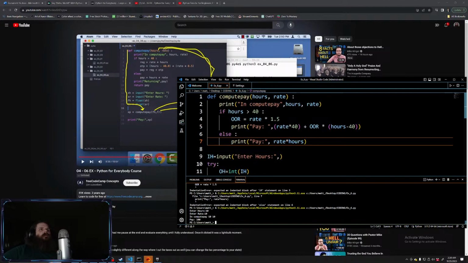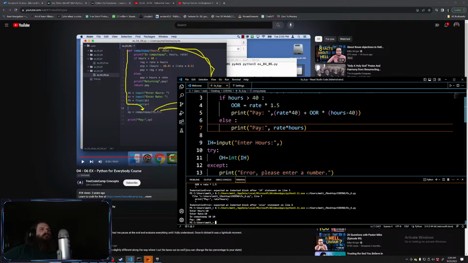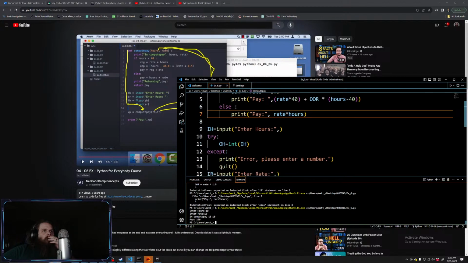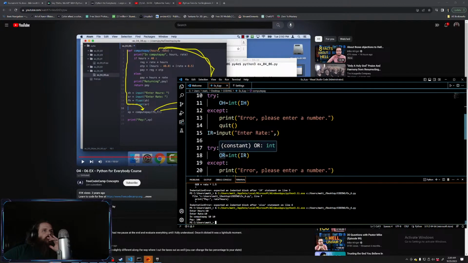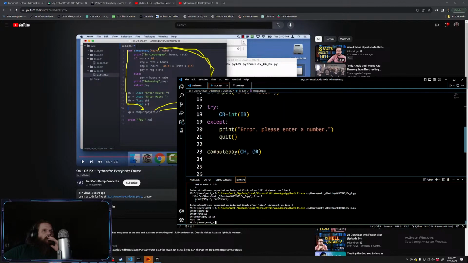Okay, so this is the whole function. It grabs hours, turns it into an integer. Grabs the rate, turns that into an integer. Then it takes